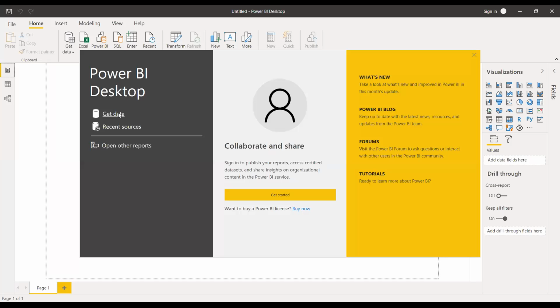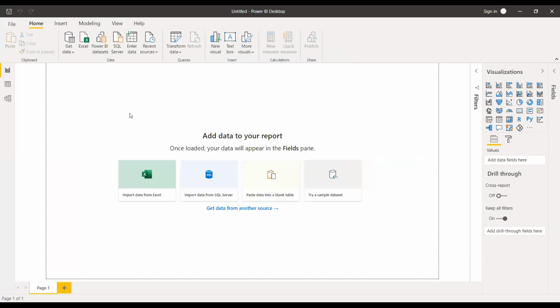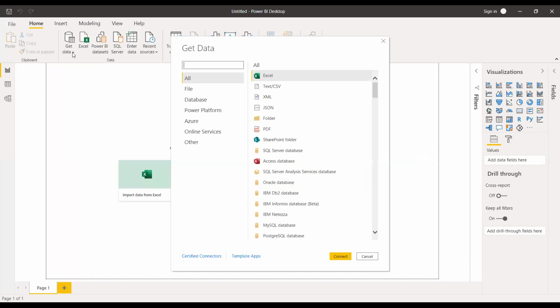we have to click on Get Data, and get data from web.